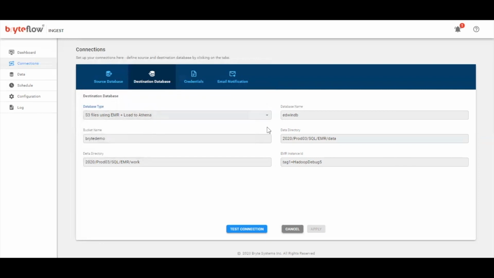So all we need to set up is we are going to use EMR and Athena as a destination. You need to provide your Athena database name, your bucket details, so your Amazon S3 bucket name, your data directory where your final data is going to be uploaded, and a staging area. So the Delta directory needs a staging area where the staging files will be uploaded, and an EMR instance is needed as well. For EMR, you need to bring up the cluster and use the tag or the instance ID